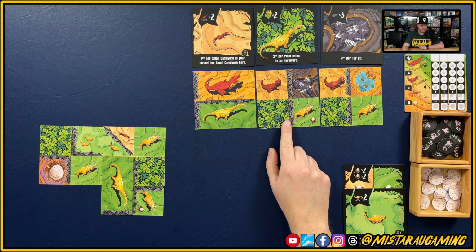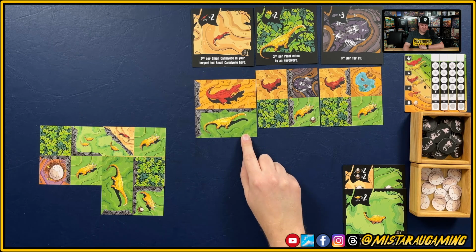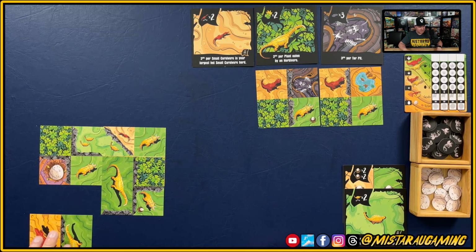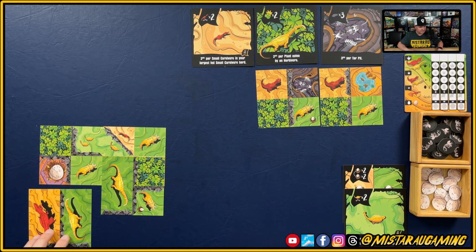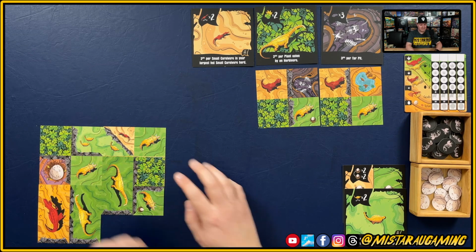Actually, let's do that. Maybe we're going to go, are we going to go heavy herbivore in this particular game? That would actually be pretty darn neat. This one actually would score me some more victory points. Yep. Okay, I'm gonna decide to do it, and I'm going to put it right down here, just like that. Kind of making myself a nice little...